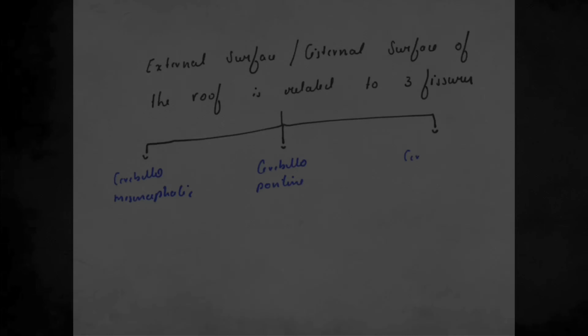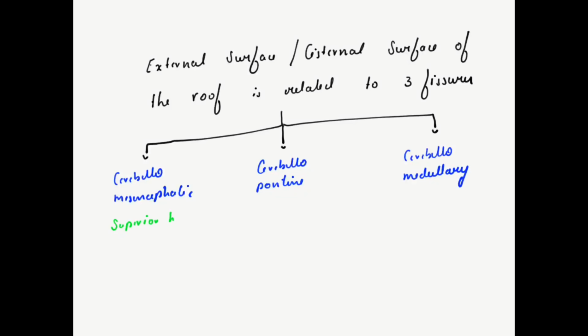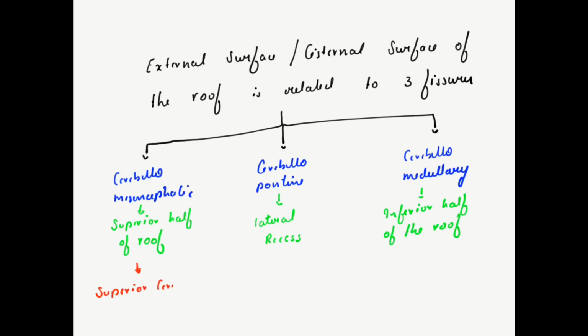Coming to the vascular relationship, these are the three fissures, and the cerebellomesencephalic fissure actually contains the superior cerebellar artery along with the vein of cerebellomesencephalic fissure. Cerebellopontine fissure has ICA with it and the corresponding vein, and the